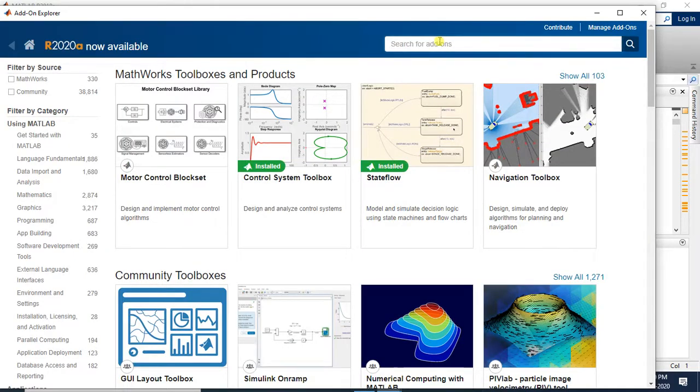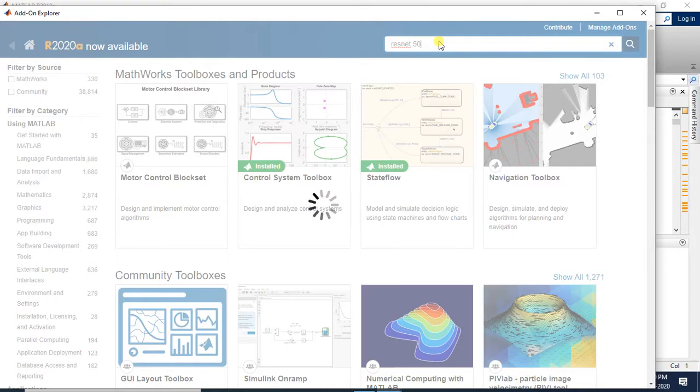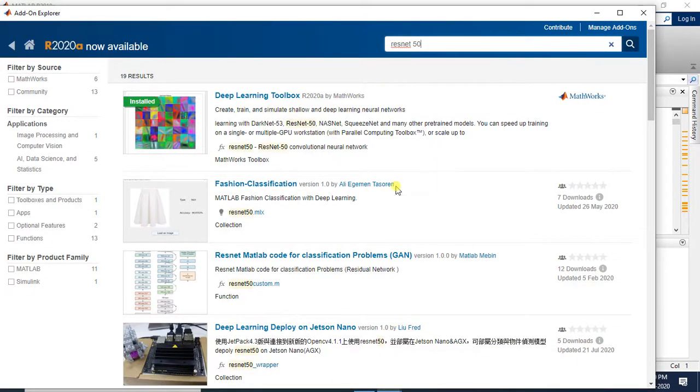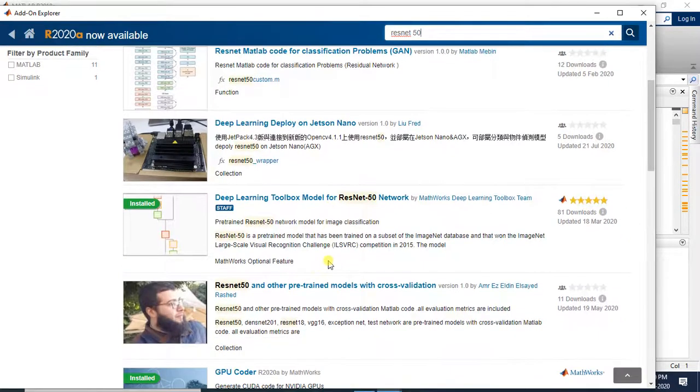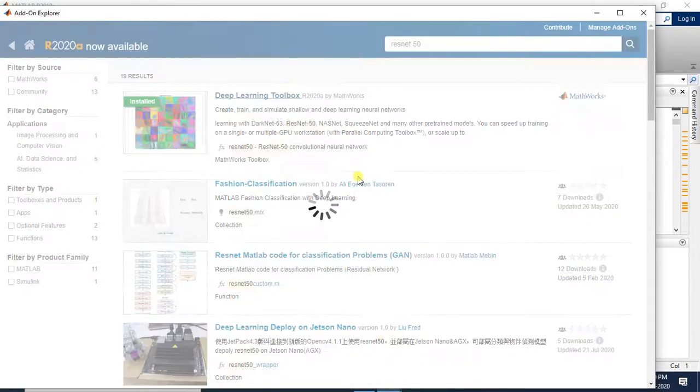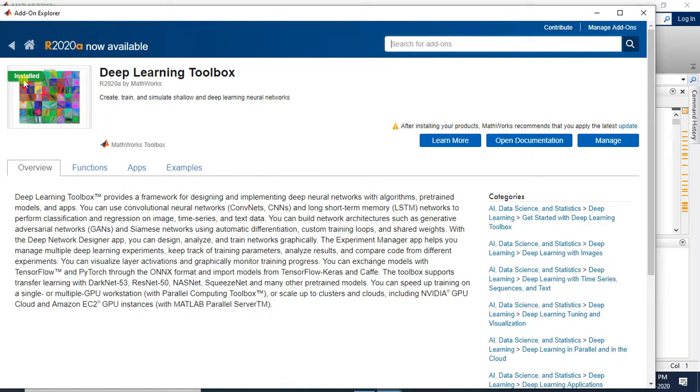Yes, here you can search for ResNet 50, and if you search, you can see the deep learning toolbox. I click on this, and it is already installed. You can see in my system it is showing the status as installed. In your system, if it is not installed, you'll get an option here saying install. You can click on that and install it.